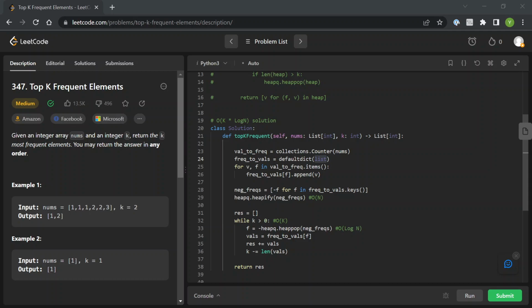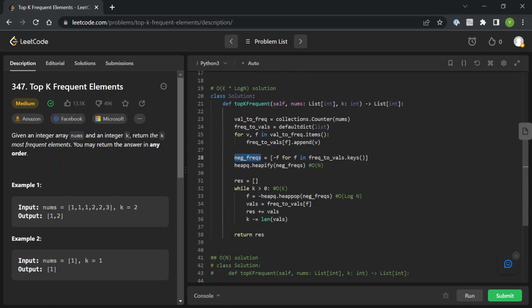So to do that, we have a Python list for all the keys in the freq2 values. So all the keys in here are actually just a frequency, right? And then we put a negative sign in front of it, and then have a new list for that. And then we call heapify so that it will become a heap. And then we have